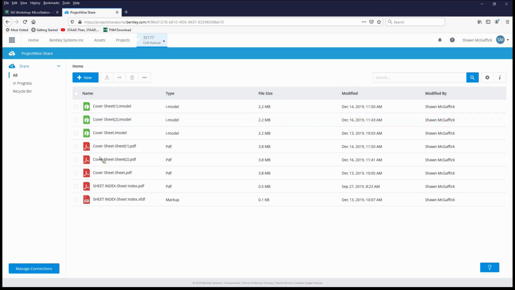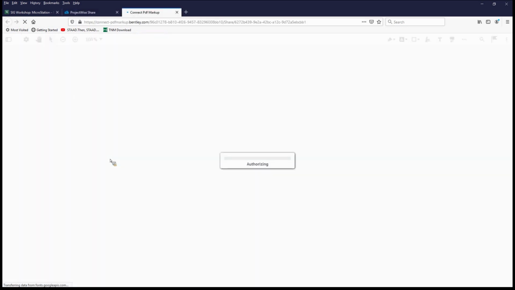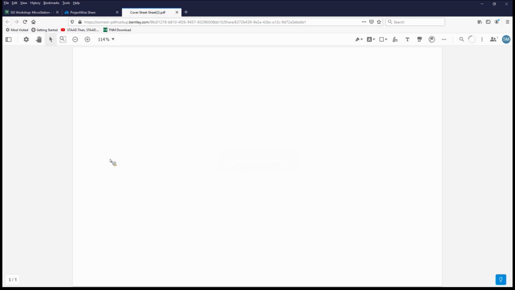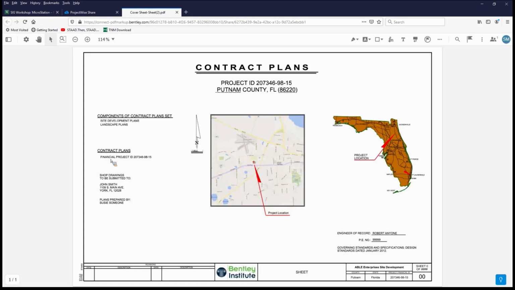I also could do something like, hey, Tom and I are working on a project along with John, and I say, guys, I completed the cover sheet. Go take a look at it and just make sure it looks good. They, in turn, can come in and say, oh, there it is. There's the one that Sean uploaded. I can pick this and say, well, all right, I want to open it. They could open it, take a look at it, kind of review it, make sure it looks good. And if you say,